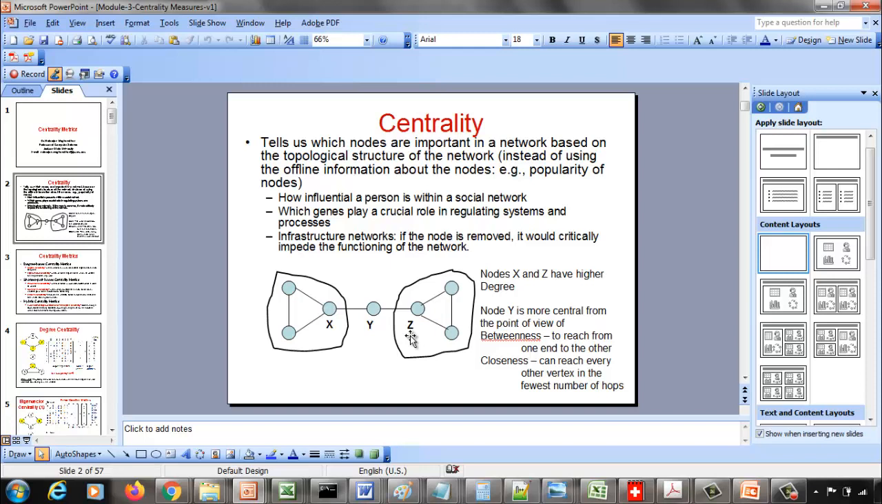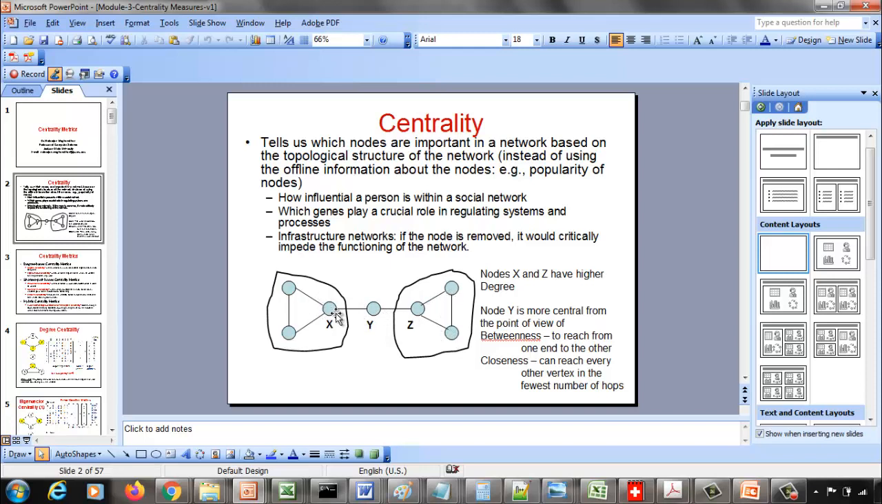In the sense that, are you close to the majority of the vertices? Probably not. x is closer to these two vertices, but x is not closer to these two vertices. Similarly, z is closer to these two vertices, but not closer to these two vertices. Whereas y is relatively closer to all the vertices, because the maximum distance from y to any vertex is 2. It's a distance of 1 to x and z, and a distance of 2 to the other 4